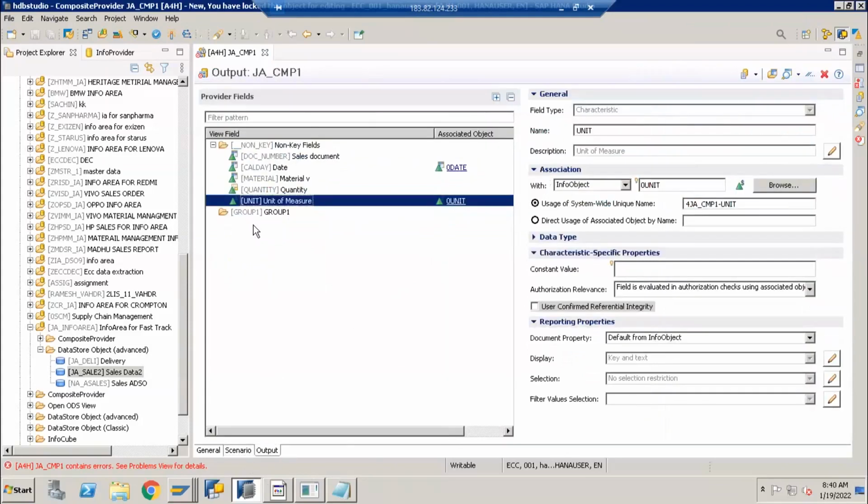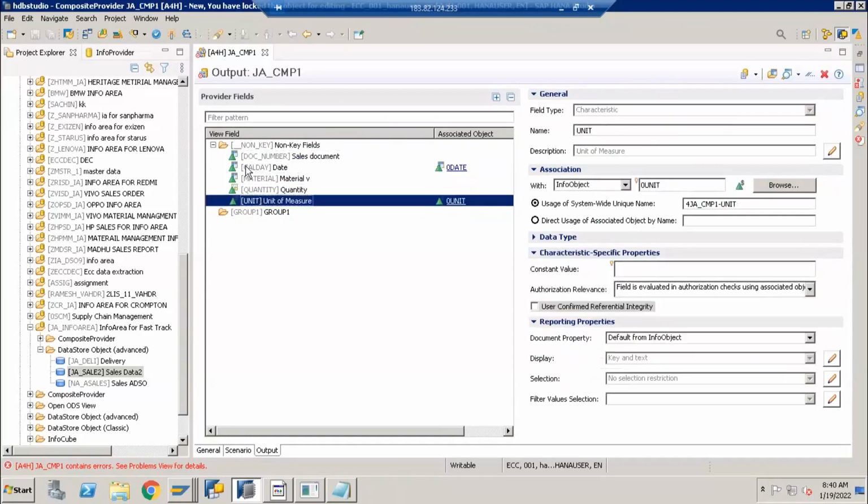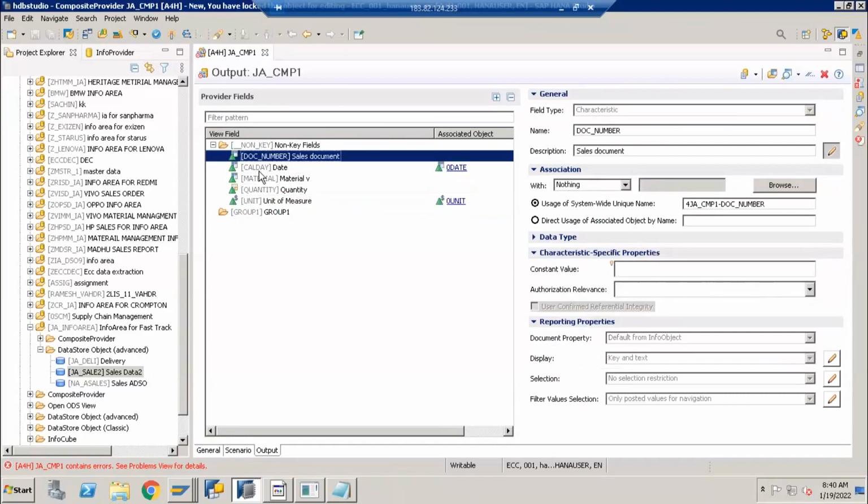These are the total 5 fields. So the same fields we can see here. So what is the importance of this unit? When you are doing info object based modeling, what is the benefit of info object modeling? The benefit of info object based modeling is it supports master data. It means if you need any navigation attribute like material group, for material we can have material group, material type and all, then simply you can bring it by using the navigation attribute concept. Correct. But when you do field based modeling, you don't have such flexibility. In general, fields are not master data. It won't store any information about the master information.